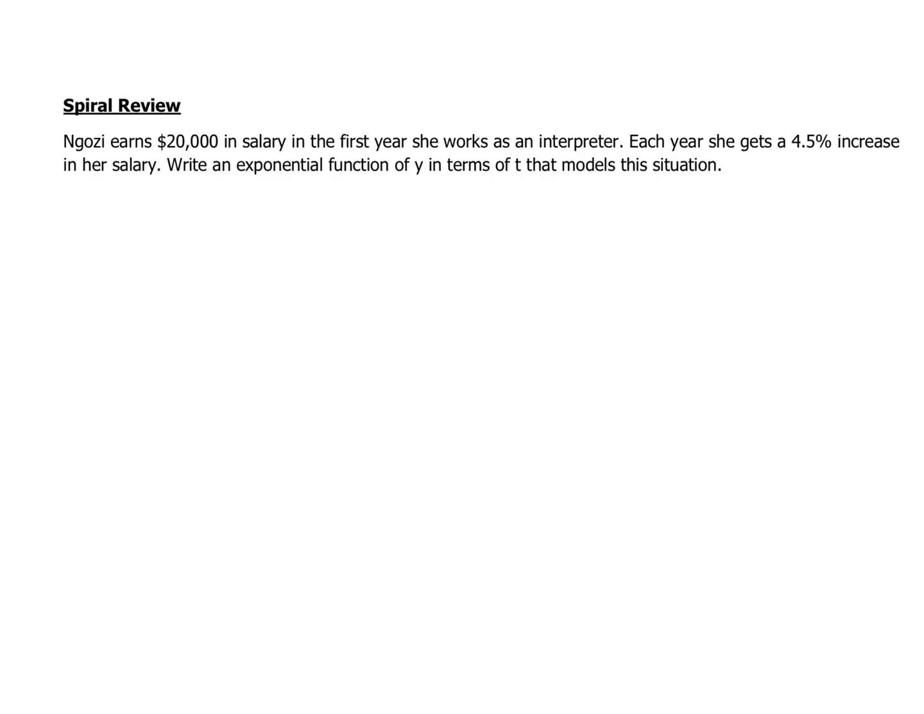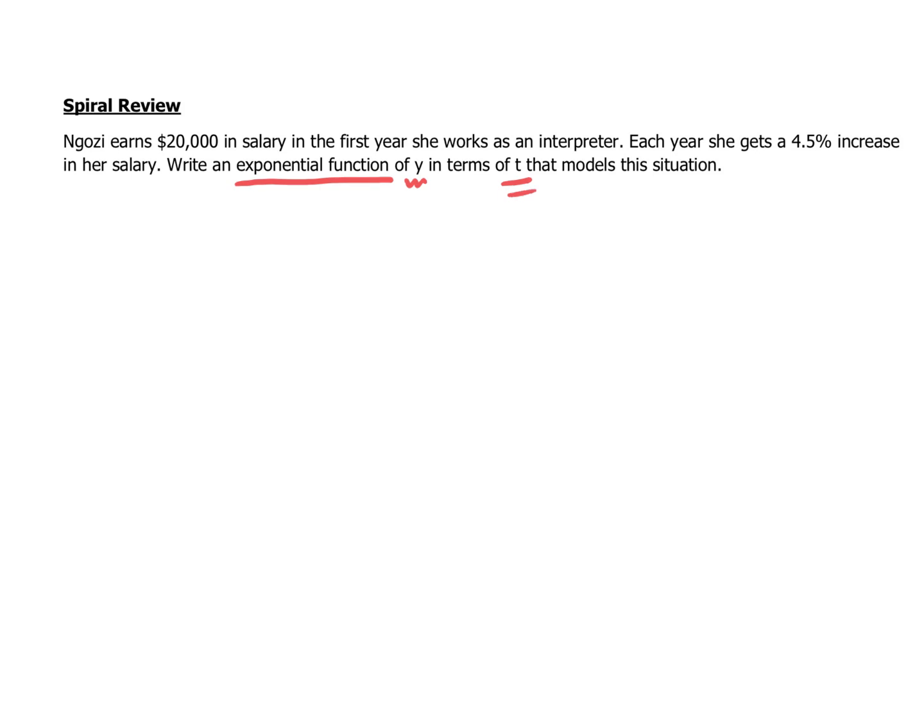All right, let's go ahead and look at this spiral review. It says we earn $20,000 salary in the first year she works as an interpreter. Each year she gets a 4.5% increase in her salary. It says to write an exponential function of y in terms of t that models this